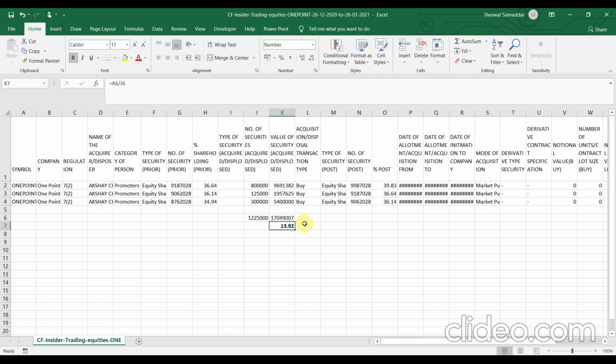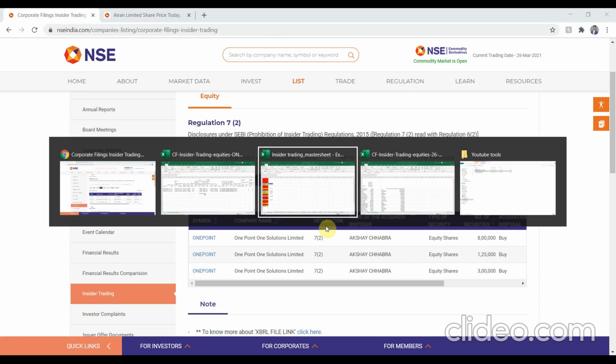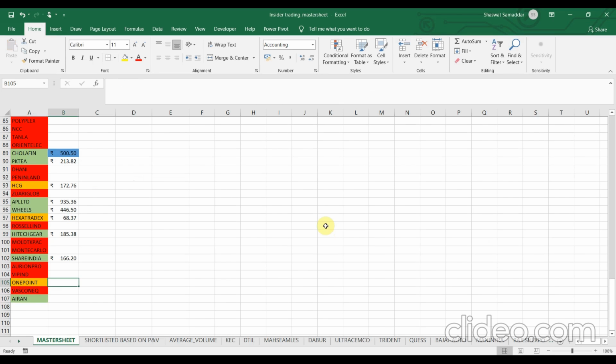So these are stocks which are very low priced. So we would want to check the liquidity in these stocks by seeing the average daily volume or average monthly volume. I have explained all these things, what to check before making a trade, in the fourth part of the video. I highly recommend you to go and check that. So let's note it down. 13.92 rupees.